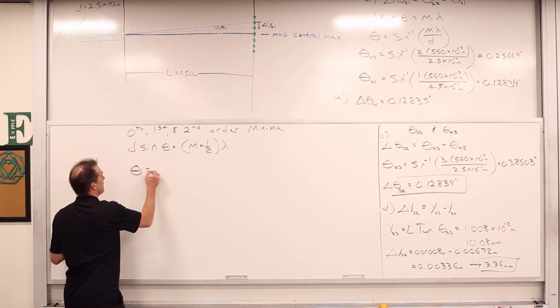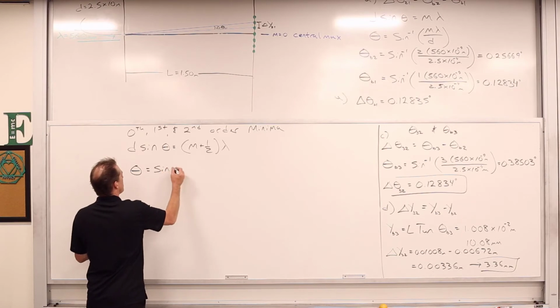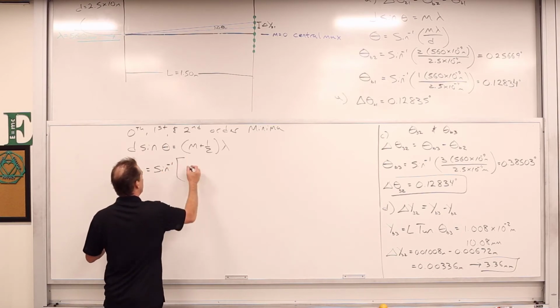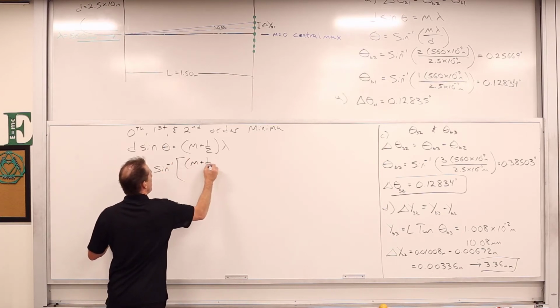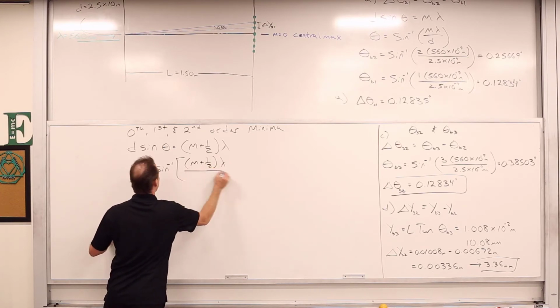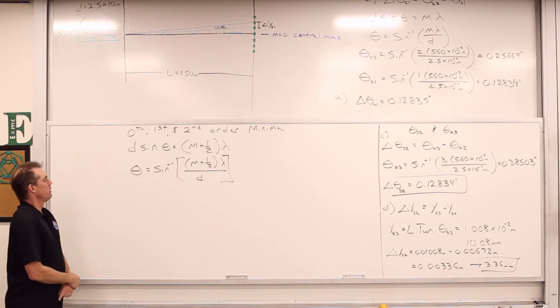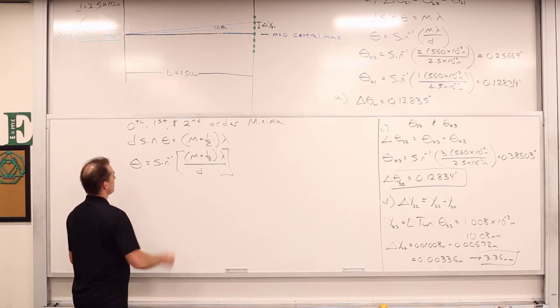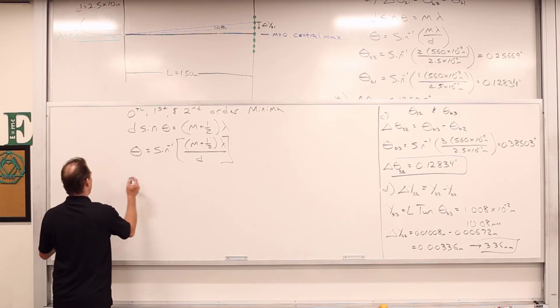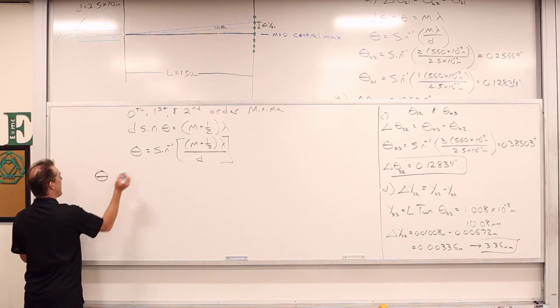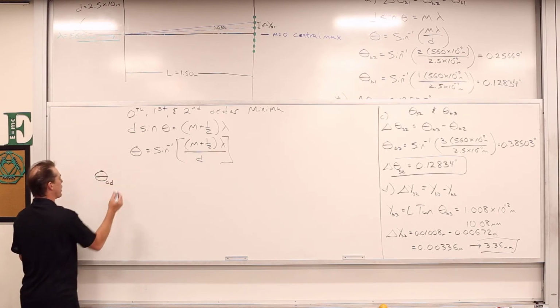Theta for minima is equal to arc sine of the quantity of m plus 1/2 times lambda divided by d. So we can stick in an m equals 0, an m equals 1, m equals 2, and figure out different thetas here. Let's just get all these thetas. We've got ourselves that theta 0 dark, 0d is going to be